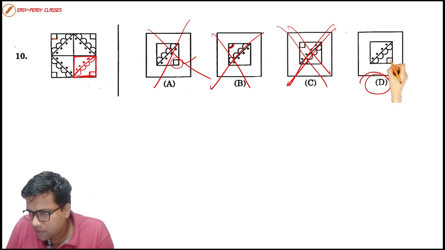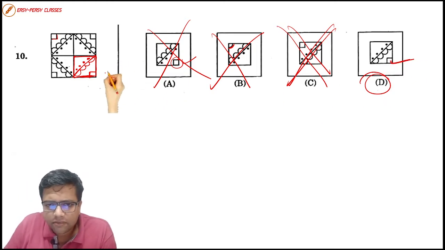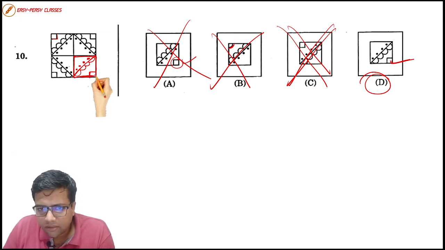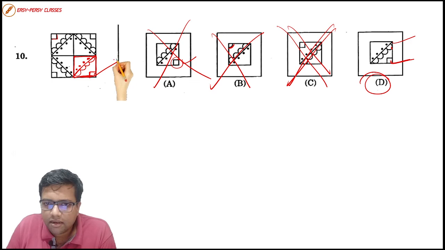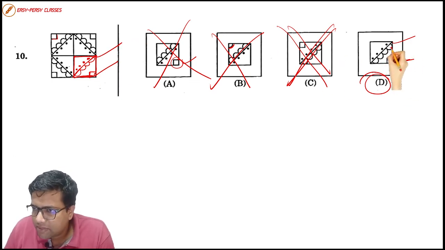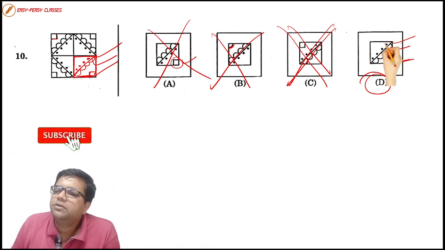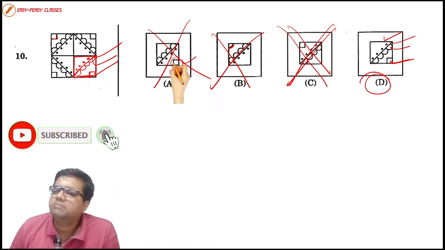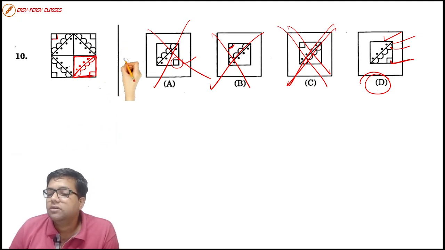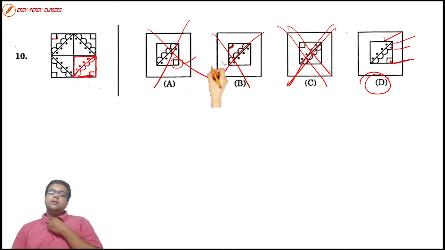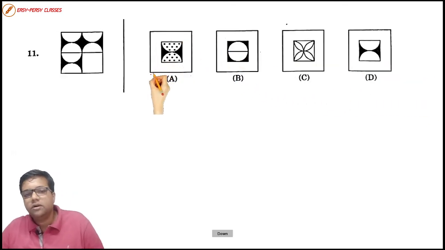So there is a square over the corner in the right place. Right hand corner we have the small square. Do you have the diagonal? We have the diagonal. Do we have the semicircles below the diagonal? We have the semicircles below the diagonal. Do we have the dots above the diagonal line? We do have the dots above the diagonal line. So henceforth option number D becomes our right answer for question number 10. Let us move on to our further question.